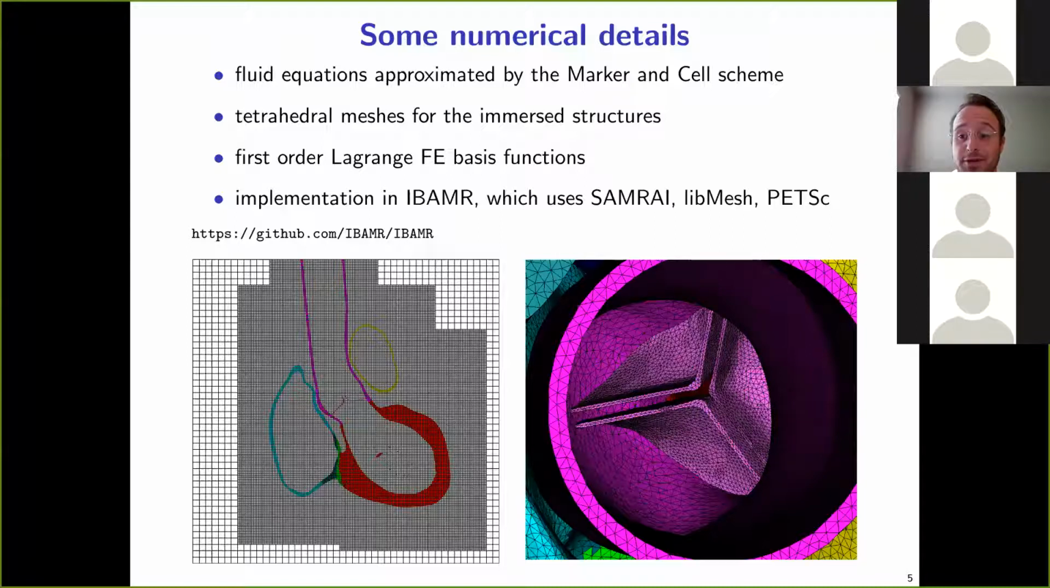The numerical implementation is done in IB-AMR. This is an open source framework for many different types of immersed boundary methods. The AMR stands for adaptive mesh refinement, of the fluid in particular. So it allows you to have locally refined fluid discretizations. It heavily relies on other open source software, like SAMRAI, libMesh, and PETSc. And here's a link to the IB-AMR